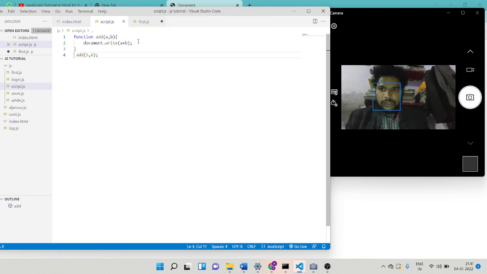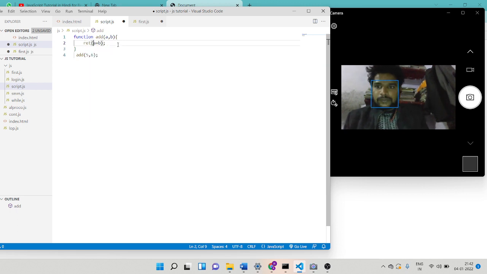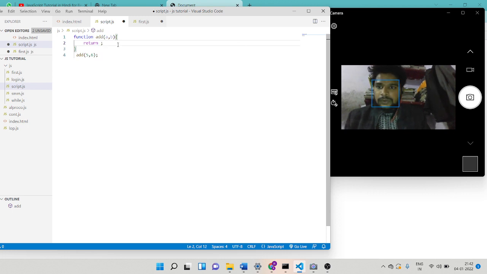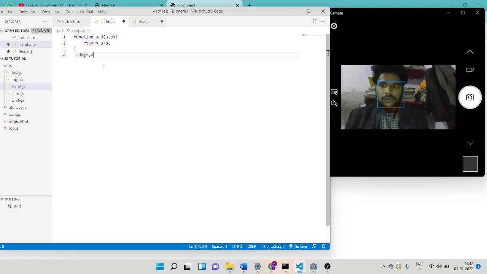Now we are learning the return value option. I write return a plus b. Second, I call the function.